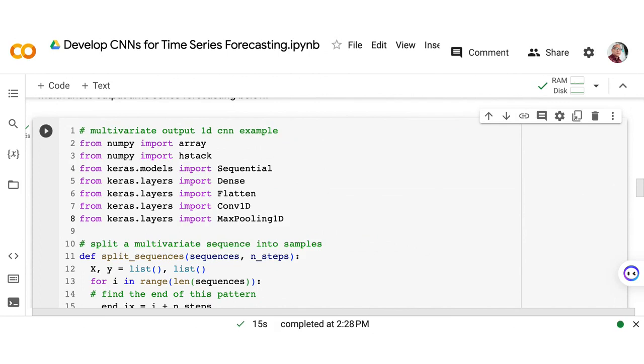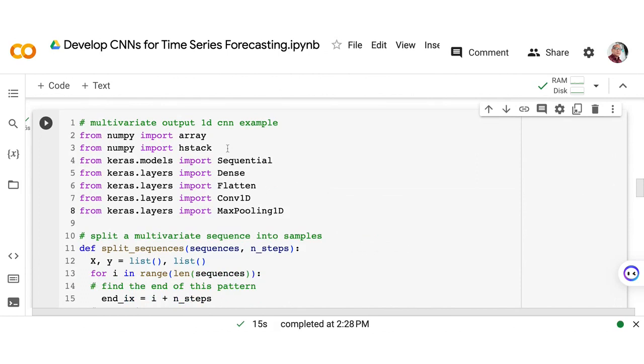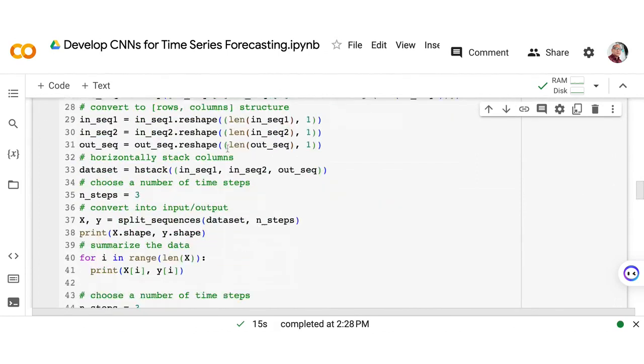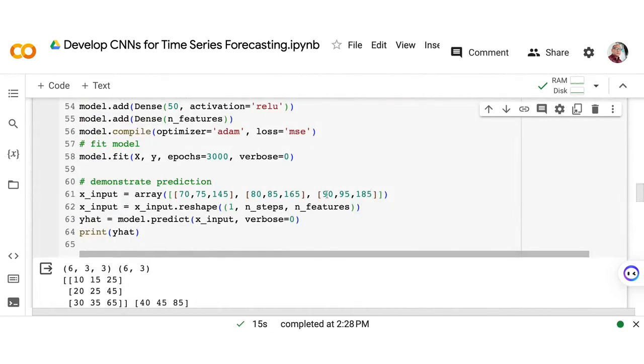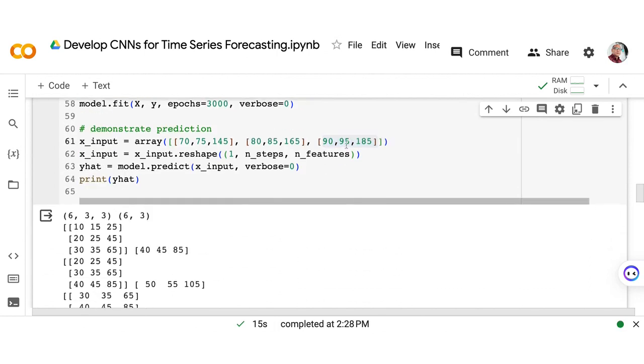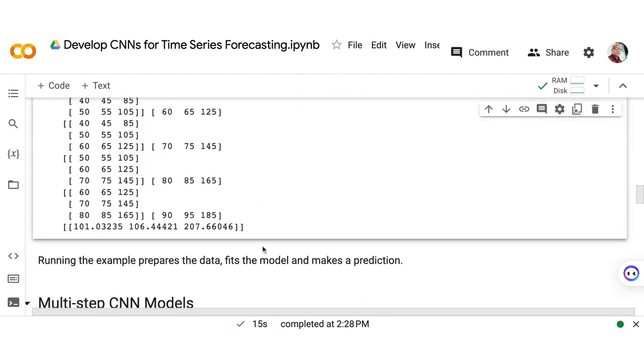Okay, so what we are seeing right now is when we try to run the model, we are expecting that our output would be three time steps. So what would be the possible values after 90, 95, and 185?